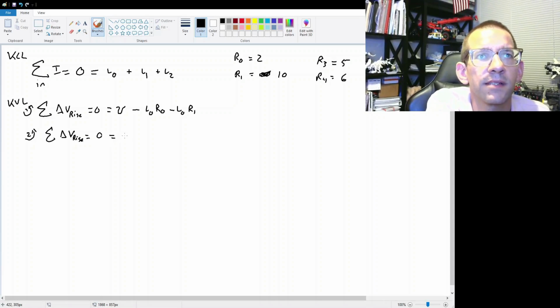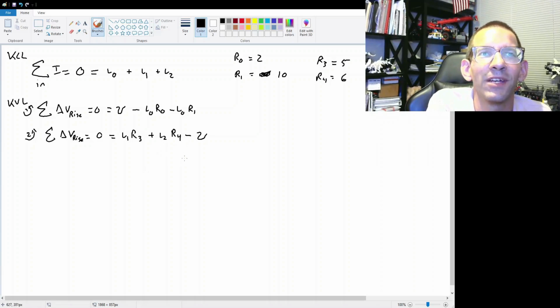Let's say you have iota sub 1 times resistor 3, plus iota sub 2 and resistor 4. And then all of a sudden it meets up with the original voltage because it was in the middle or something. And when you rewrite this,